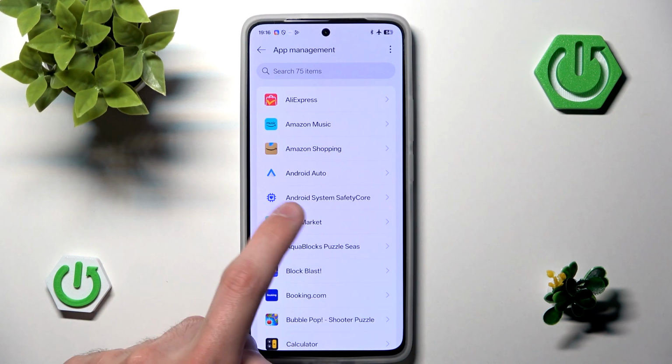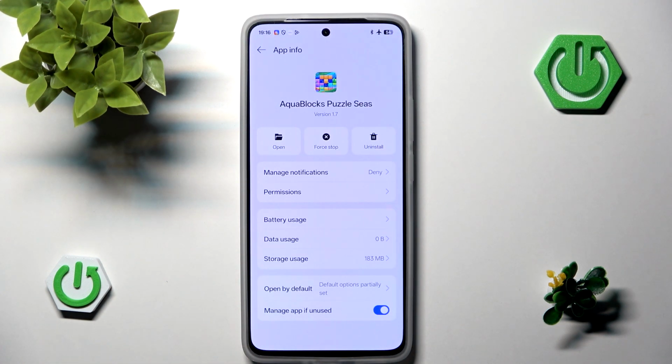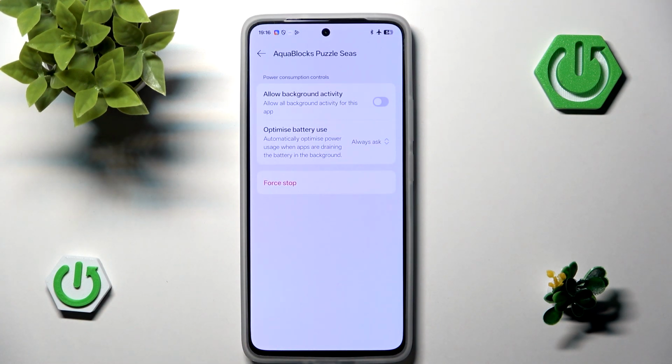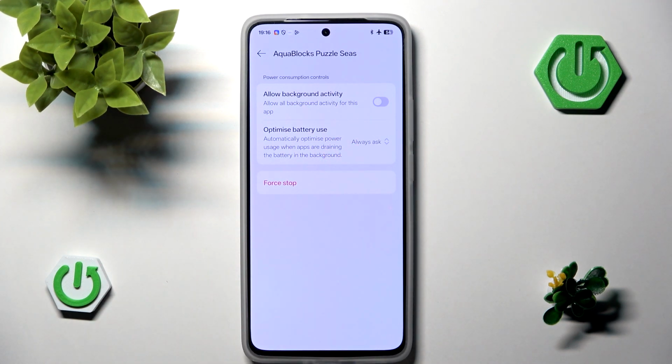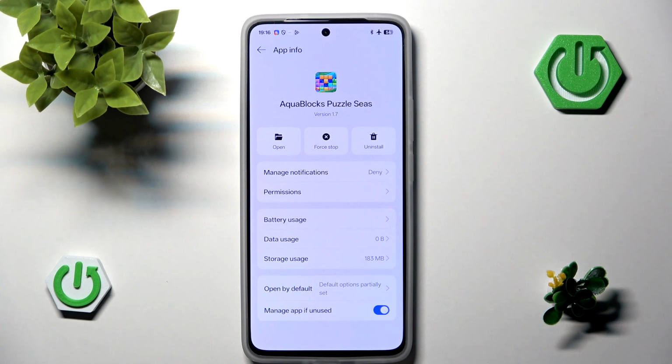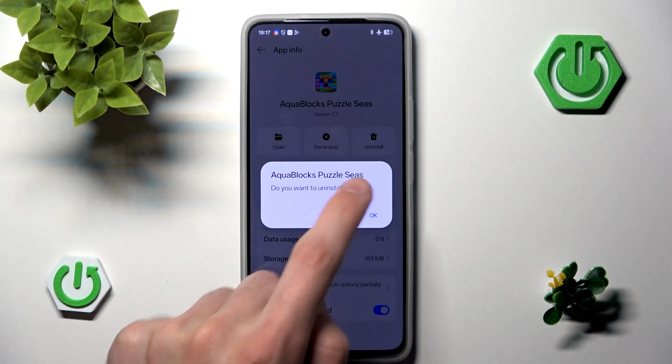For example, for me it's these Aquablock policies, and here you can also perform a force stop, or we can go to battery usage and check if we have disabled the allow background activity, because if we have it enabled, then it just runs in the background and makes your RAM a little bit more used, meaning that your phone overall is slower. So check that it's disabled, and if it doesn't help, then just hit uninstall, hit OK,